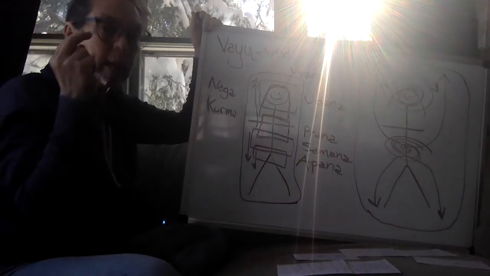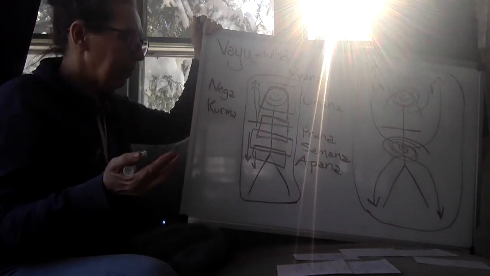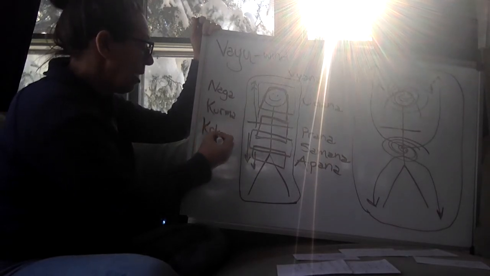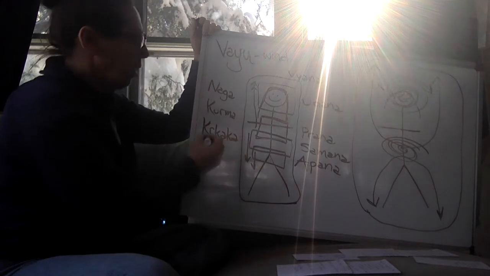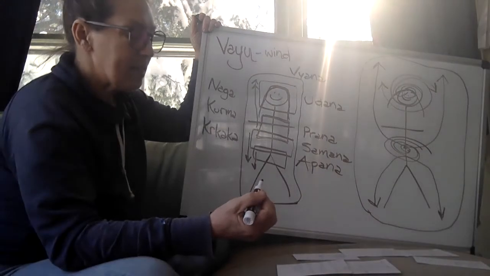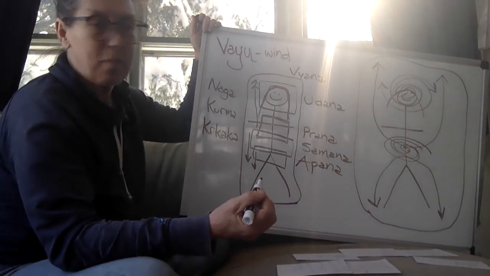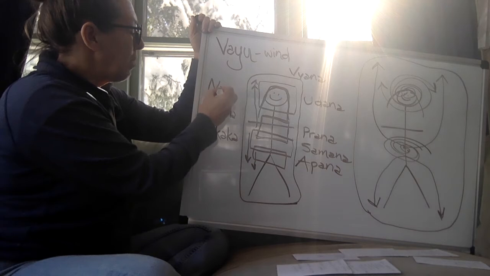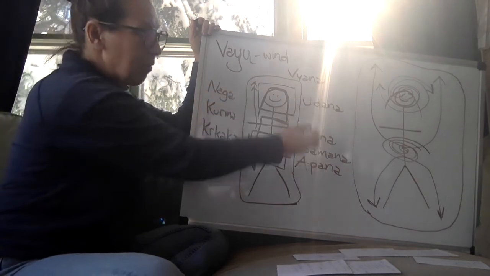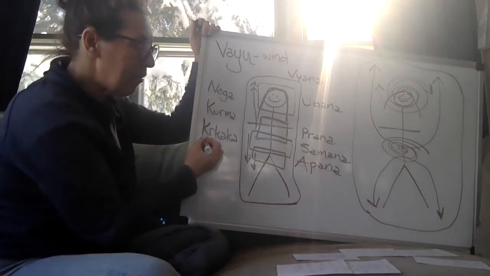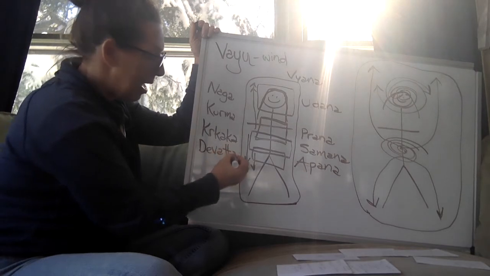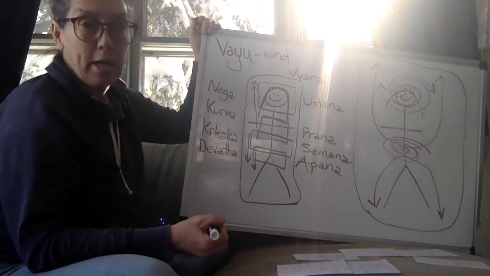Like, just blinking is an amazing Vayu. And then Krkara, K-R-K-A-R-A. Krkara is what a crow says, and the Vayu is sneezing. Belching, blinking, sneezing. These are the subtle Vayus. And they're supposed to line up with one of these. Devadatta, D-E-V-A-D-A-T-T-A. Devadatta Vayu is yawning.